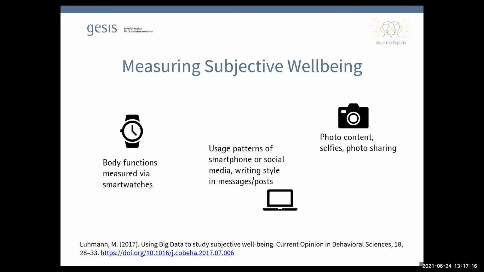Of course, there need to be ways to obtain consent from the people in these cases, and that leads to additional challenges, which we talk about in another specialized talk later this year. But there are possibilities being explored to use this kind of data to measure or to complement data about well-being. Another option would be photo content.